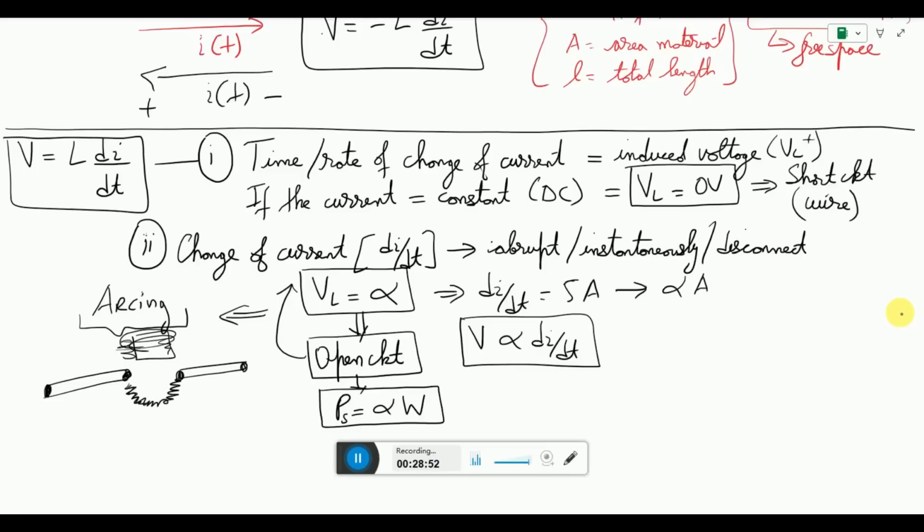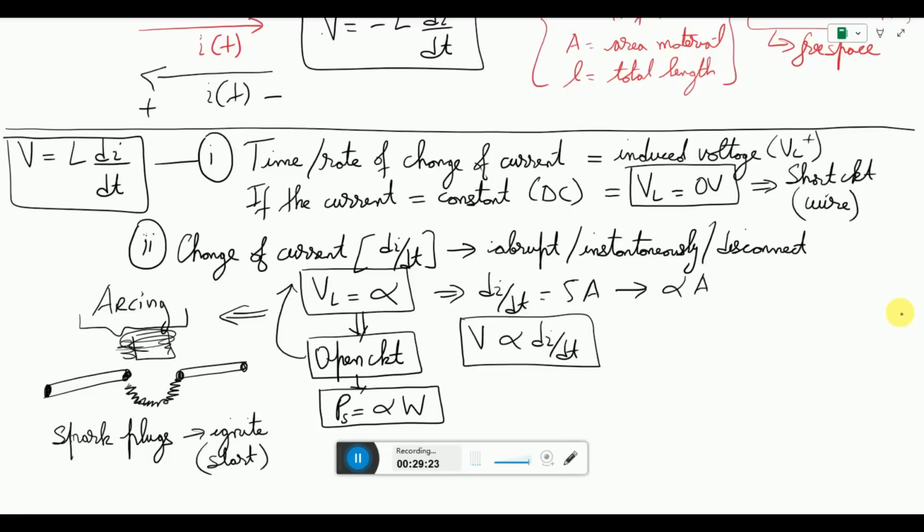We sometimes utilize this, for example, in spark plugs, which you might have seen in your vehicular engines like your car or motorbike. The spark plug basically also works on the phenomenon of arcing, where you ignite your car or start your engine by using this phenomenon of arcing. So sometimes we can utilize this process to our benefit, but in most of the cases, as I mentioned,